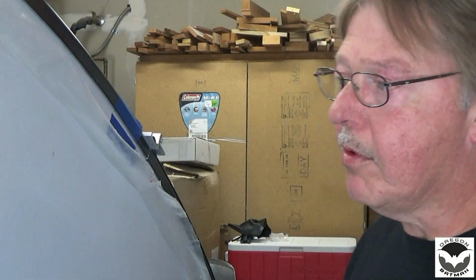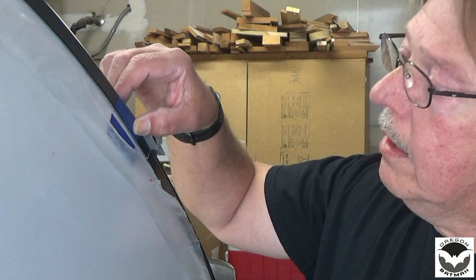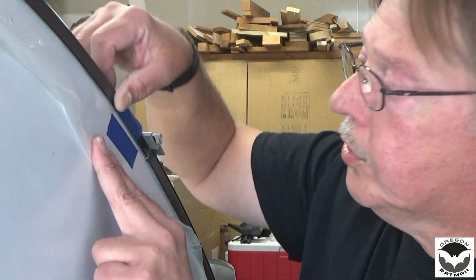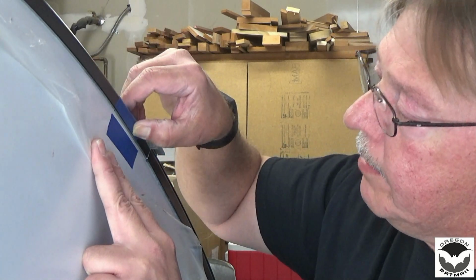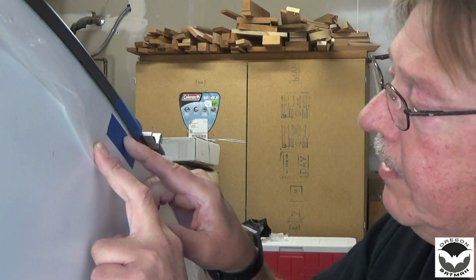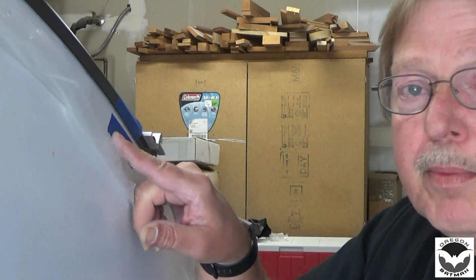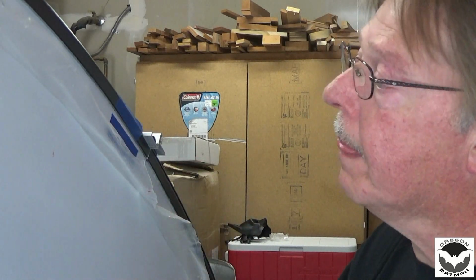So here's my plan for sealing the outside trim. I'm going to go around the whole trim and cover it with a piece of tape right up to the edge of the trim, and then I'm going to drop down about 3/16 of an inch and leave a little space in here. Then we'll come back, we'll spread our ProFlex, and